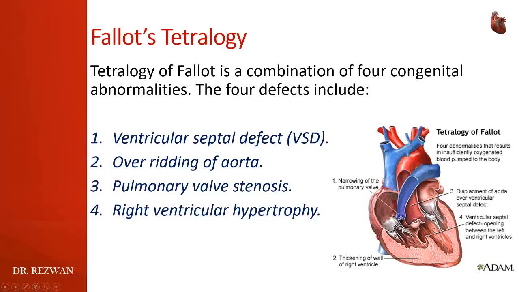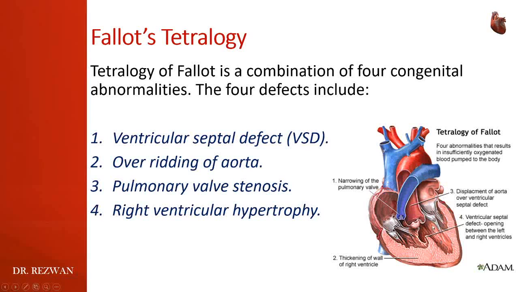So obviously the blood from the right ventricle is not going properly into the pulmonary trunk. With the narrowing of this pulmonary valve, a very small amount of blood is going from the right ventricle to the pulmonary trunk, and that's why there will be increased accumulation of blood at the right ventricle. Why? Because the blood is not properly going into the pulmonary trunk due to the narrowing, and also